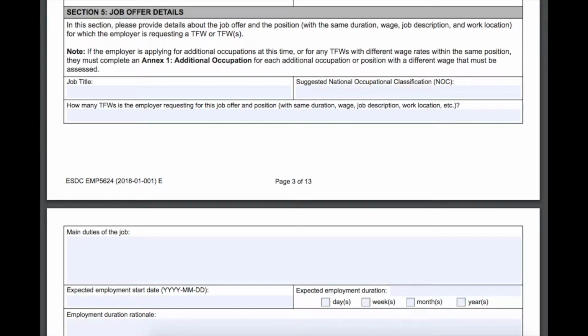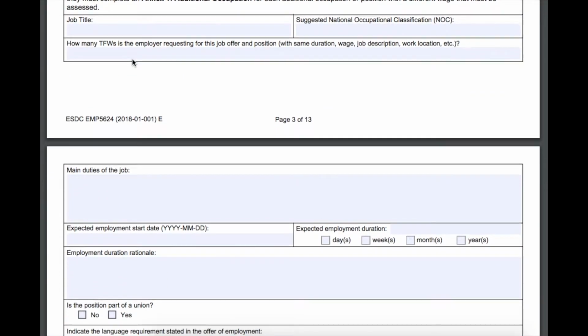Hey everyone, and welcome to part 2 of the Global Talent Stream Form Guide. We're going to go through the next few sections that go over the job details of the position that you're hiring for. So starting here in section 5, what they're asking for first is the job title and suggested NOC